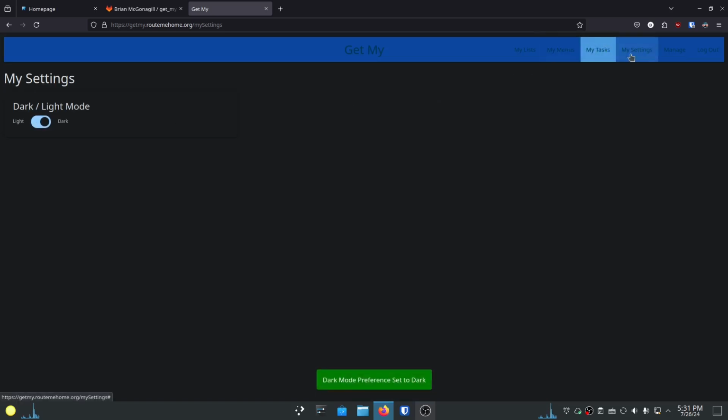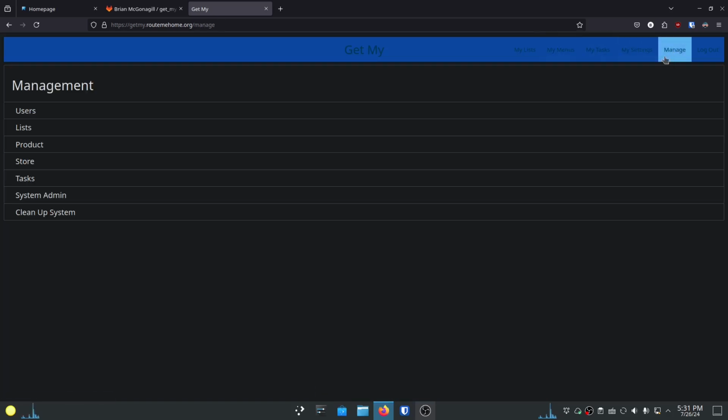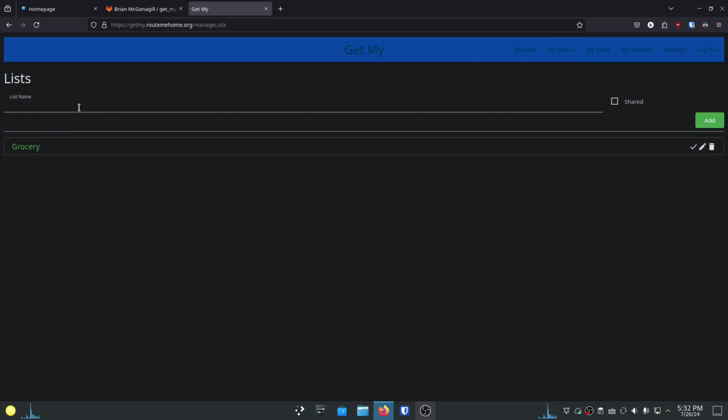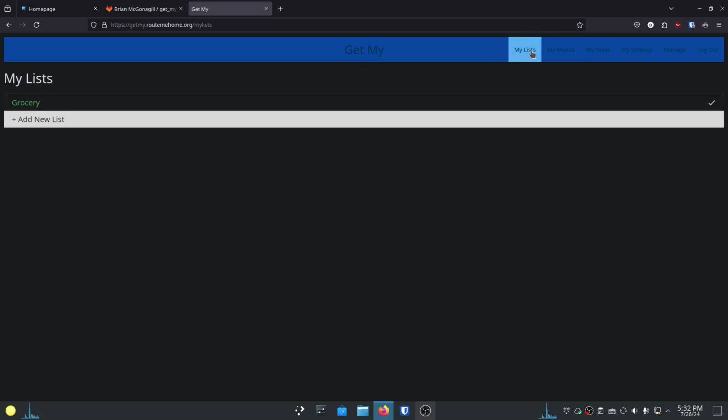So if we go back up here, I will go to manage, which, I don't know why it's not turning the right color, but lots of little things to fix. So users, we've got lists. You can create lists in the system, but you can do that from here as well. So here you can see I've got this grocery list and I've made it a shared list. I can mark it as completed if I want to,